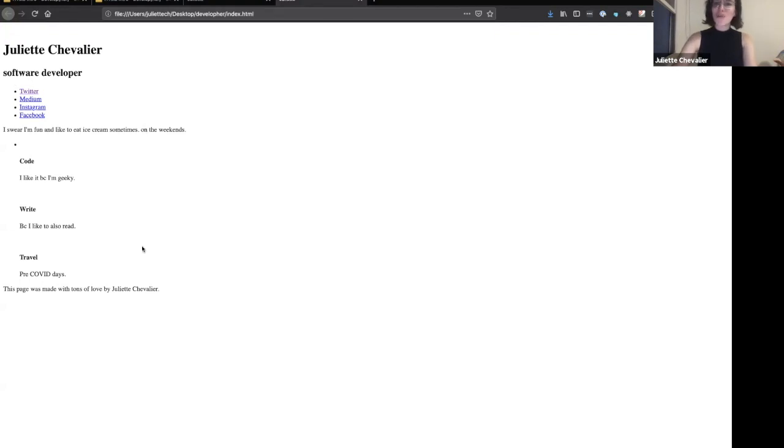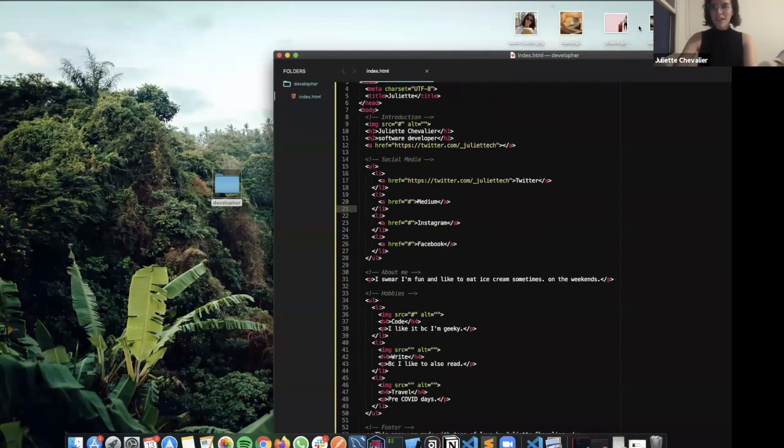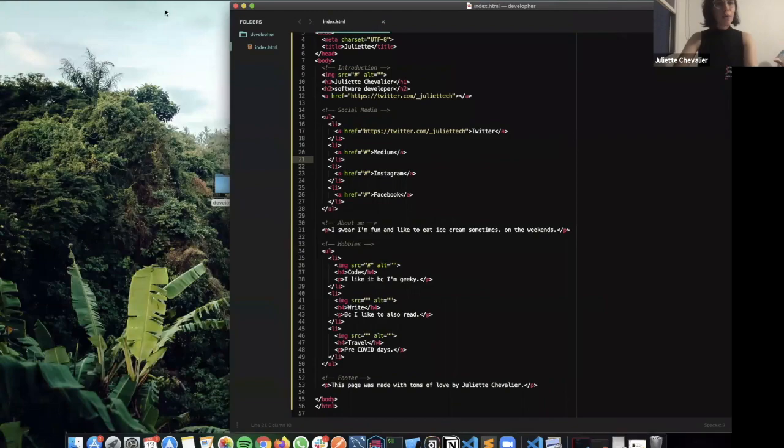But I still want to add in some images. So I selected some images in here that I'll be adding. But the question remains, how do I take these pictures from here onto here? The first thing we're going to do is click on the folder that you see to your left.